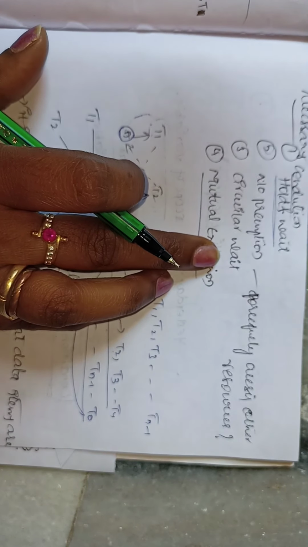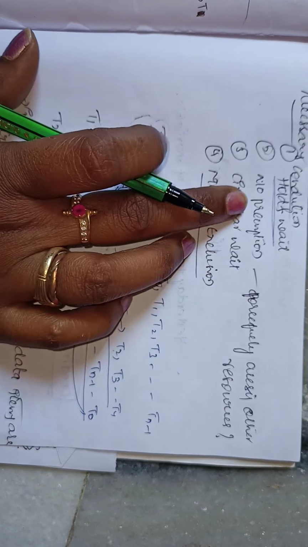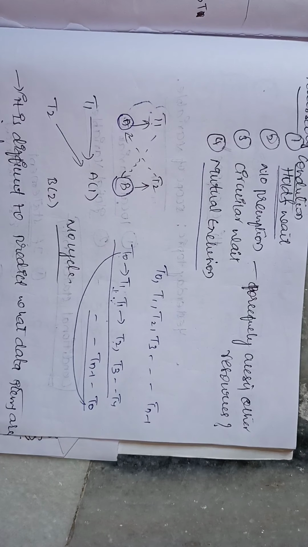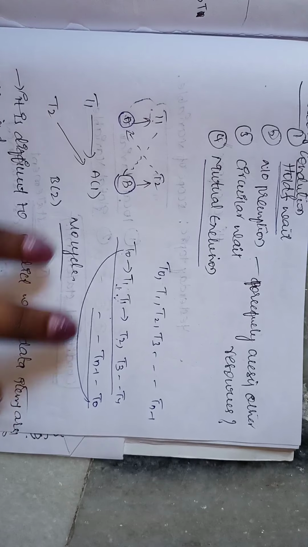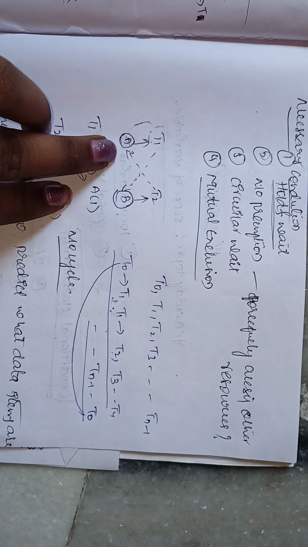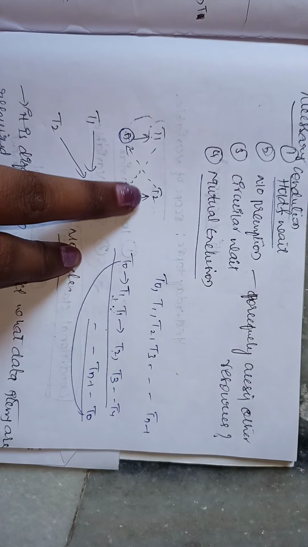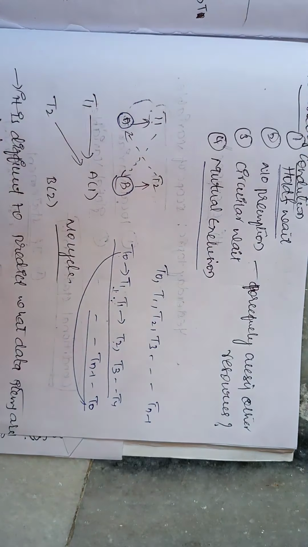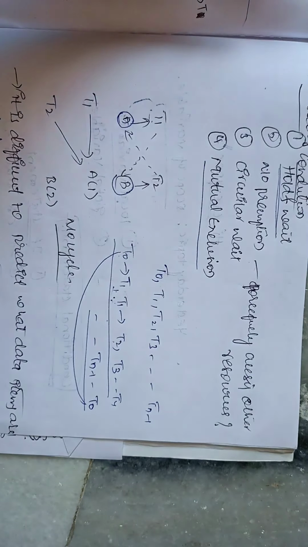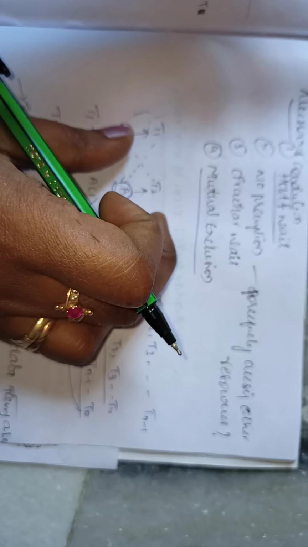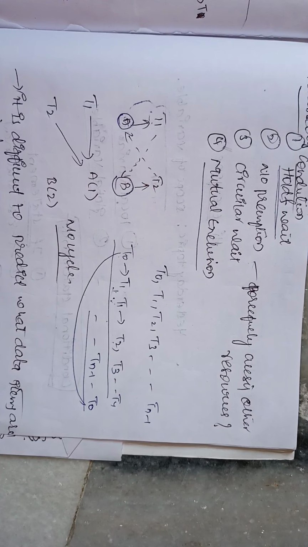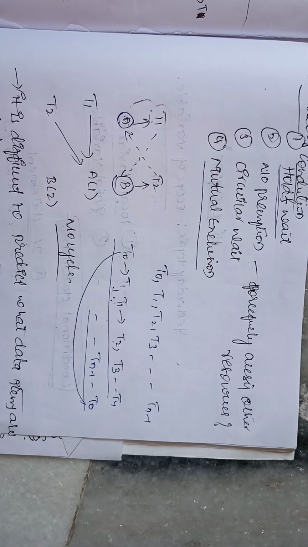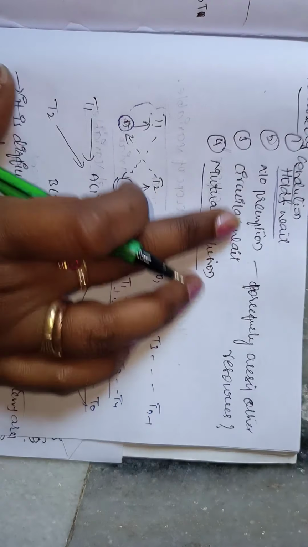This is one kind of situation where deadlock can occur. And next one is no preemption. No preemption is nothing but that we are not forcefully taking the resources from T2. If you take the resources forcefully, that is the preemption concept. If you are not taking the resources forcefully, that is the situation of no preemption. We are waiting, we are not taking, even after a particular timestamp is over. Still we are waiting. That is no preemption. So these are the four necessary conditions where deadlock is going to occur.